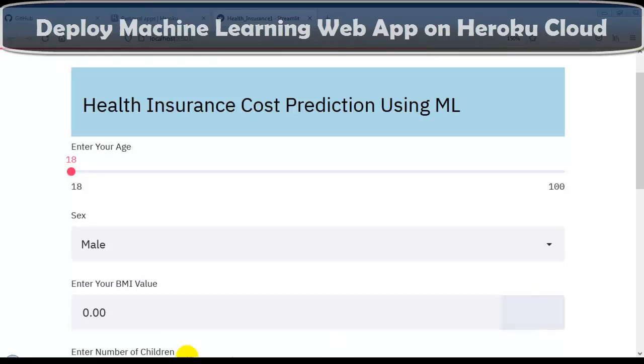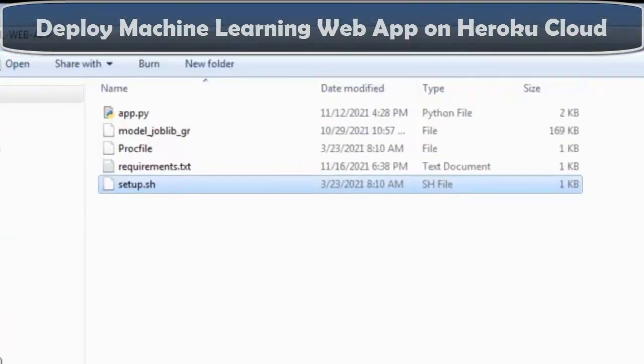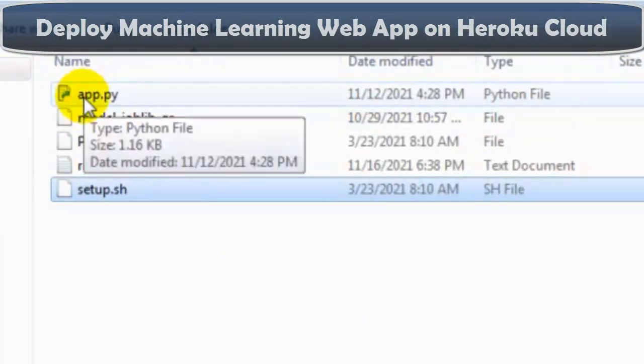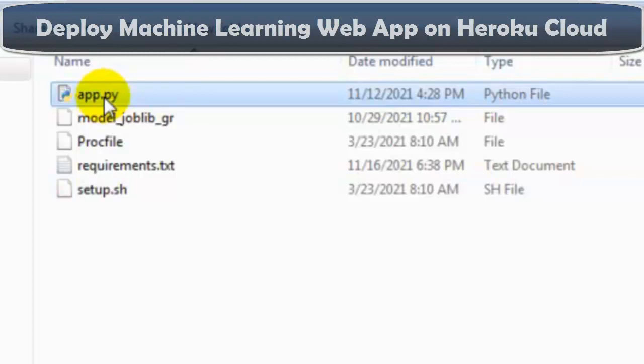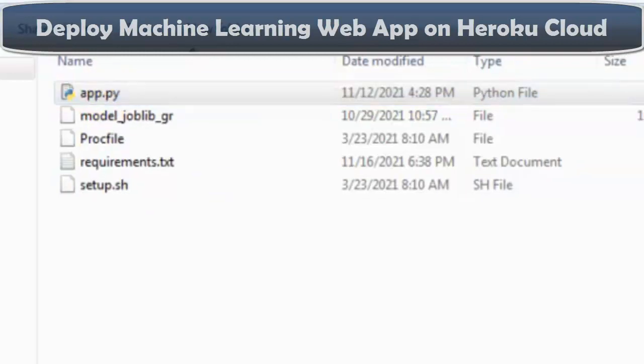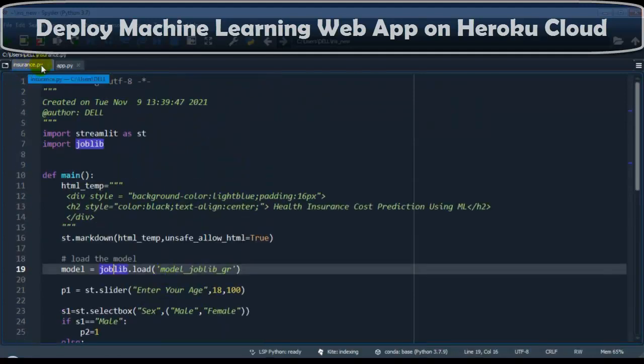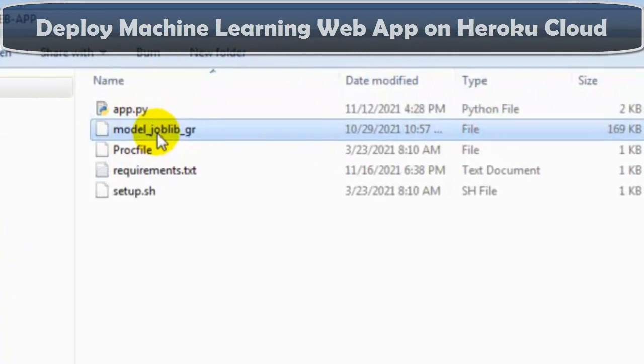To do that, I have created a separate folder with the required files. Our first file is app.py, which is our code file that we created in our last video. I just renamed it to app.py. The next file is model_joblib_gr, which is our saved model.